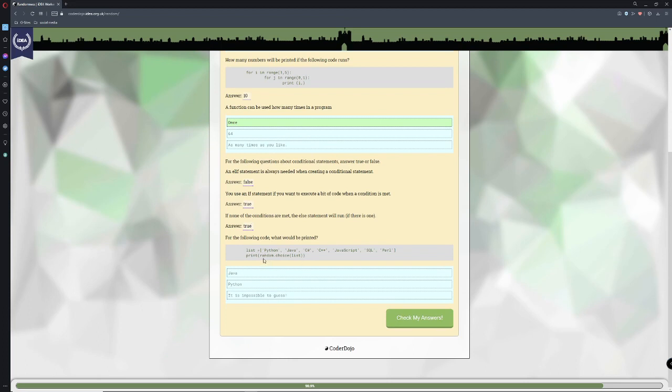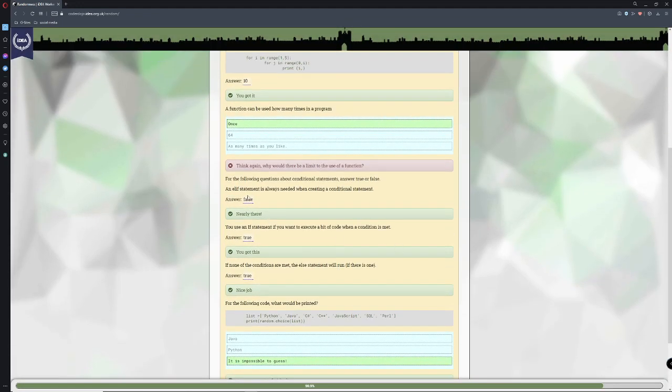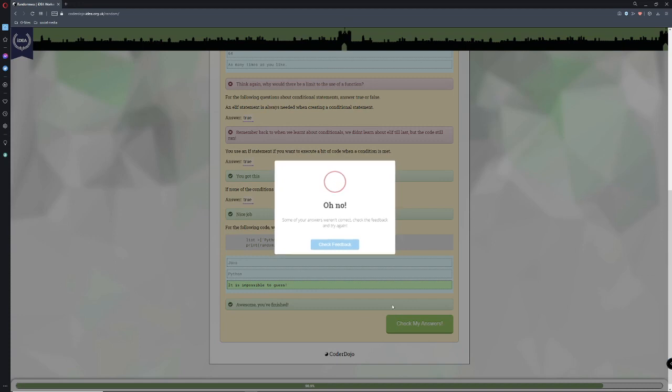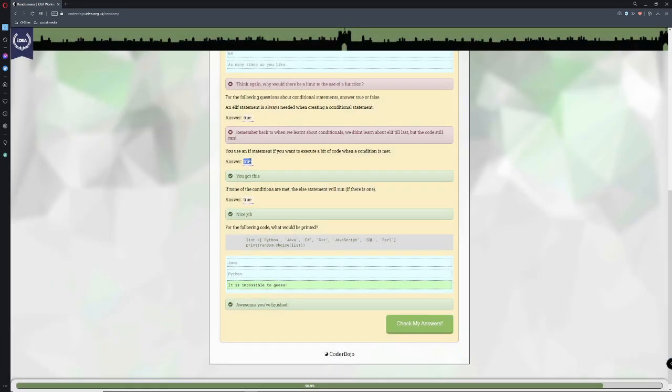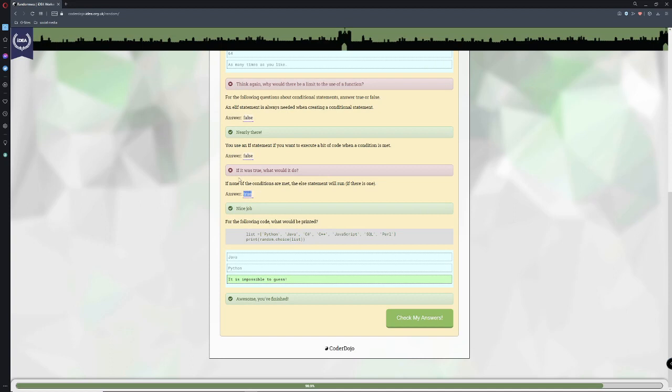Okay, it's going to random choice list. It's impossible to guess. Yes, it is. We've got 2 questions wrong. So that's obviously going to be a true. And it's okay, I pressed the wrong one, so that's false. And this one is going to be false as well. False. And there we go. Okay, no, 1 second. And this one is going to be false.